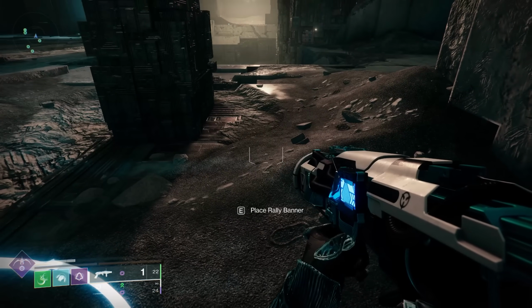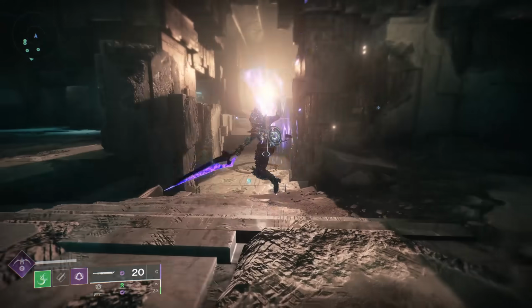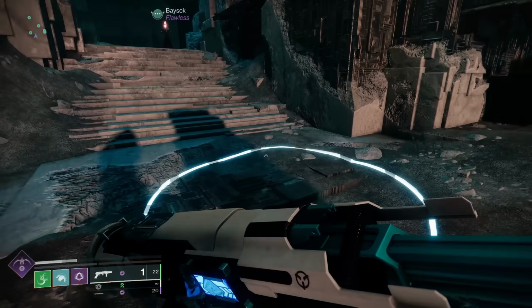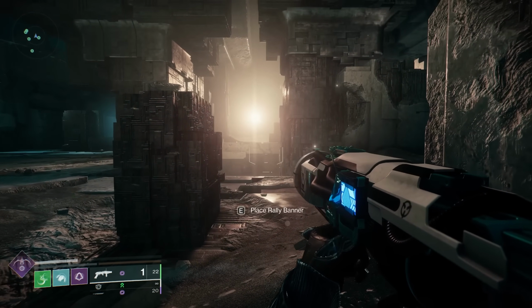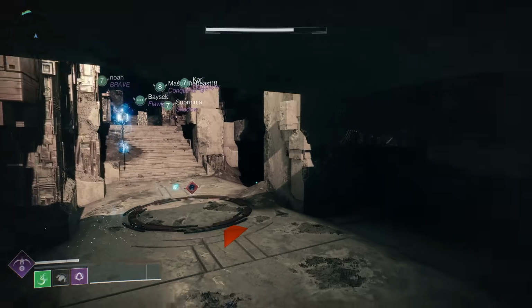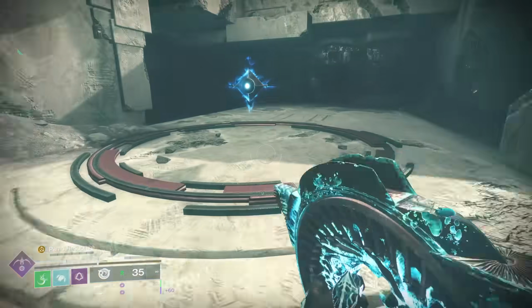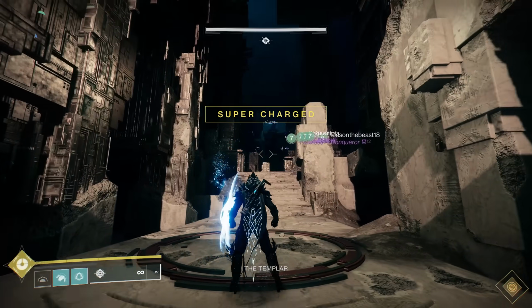Essentially, to do this, you want to start placing the rally banner, and just as the interact circle is about to complete, you want to pull out your Eager's Edge sword and use the heavy attack. Now, a successful attempt of this will look like this. This will then place the rally banner very close to the Aegis relic. And if you grab the rally banner and immediately pick up the relic right afterwards, it will instantly fill the